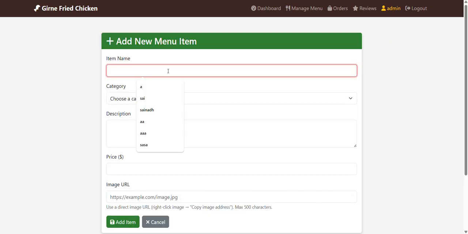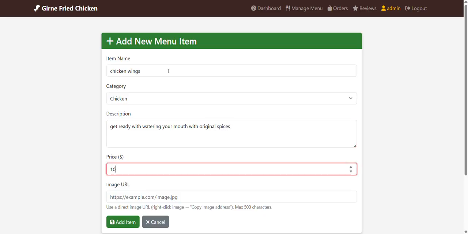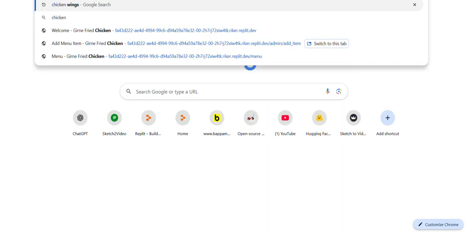Okay, so I'm going to add like chicken wings, and category I'm going to add chicken. And price, and as well as I'm going to add the image. You can check for image. Okay, I'm going to add,